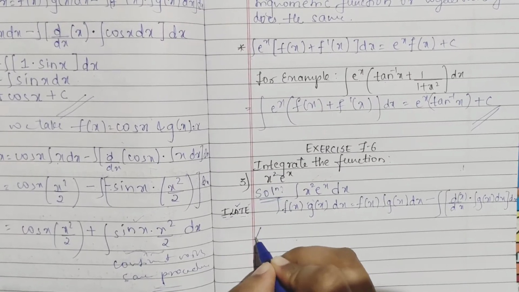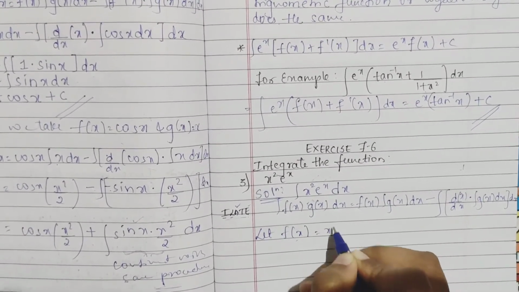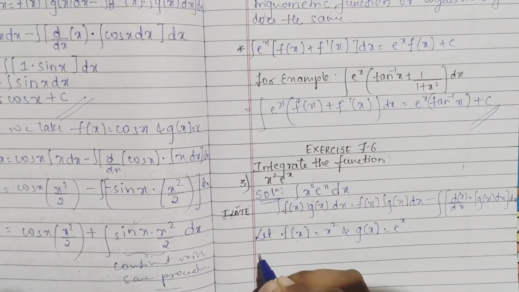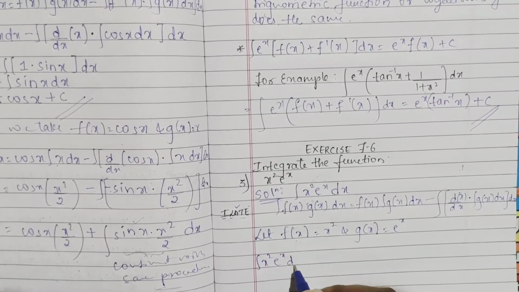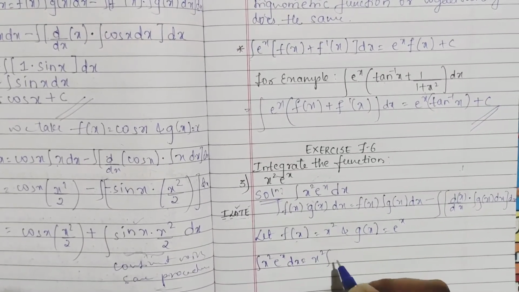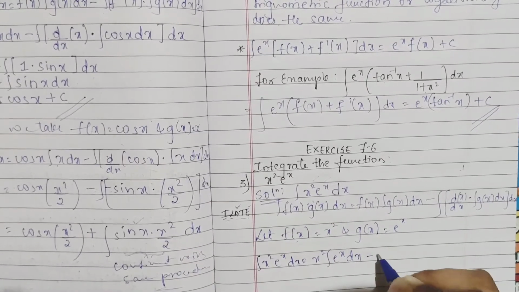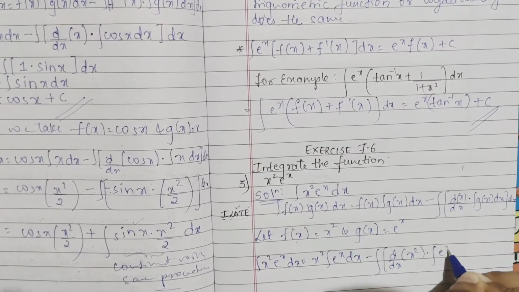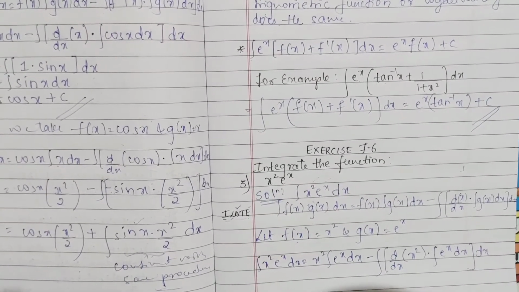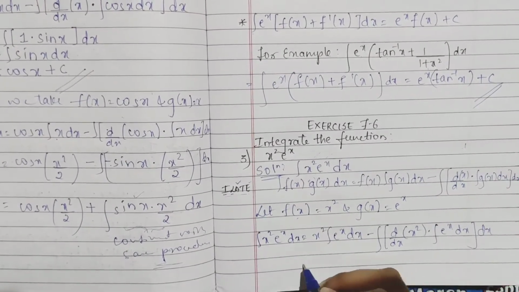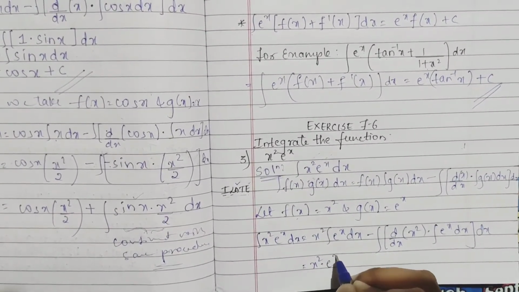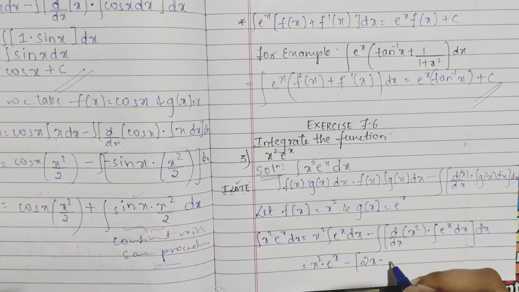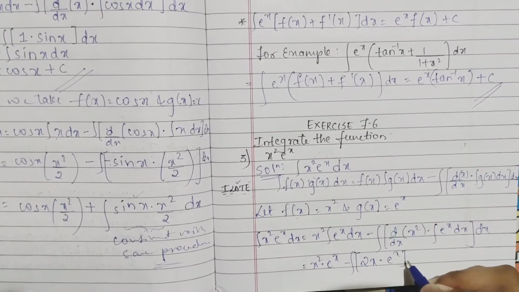Yes. So here let f of x is equal to x square and g of x is equal to e to the power x. So applying the same, we'll get integral x square e to the power x dx. So x square keeping as it is, integrating your e to the power x dx, minus integrating then d by dx of your x square, integrating again e to the power x dx, and your whole dx. See, x square, integration of your e to the power x is e to the power x, minus differentiation of your x square is 2x, into integration of your e to the power x is e^x, here integral sign is there, dx.